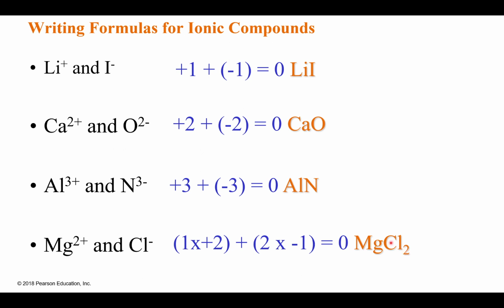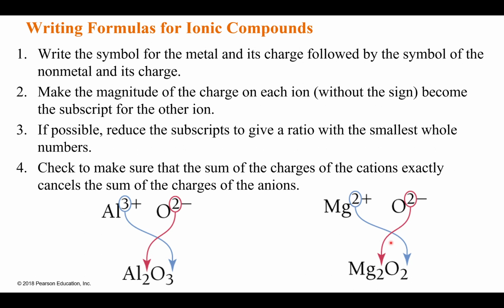Now you can do it that way, or there's an alternative way of writing these ionic compounds. You can simply write the symbols for each with their charges. Okay, so if I want to do it for an aluminum ion with an oxide ion, then I can write Al O. Okay, let me see if I can show you how we go with this. So let's say I have Al3+ with O2-. So I write it as